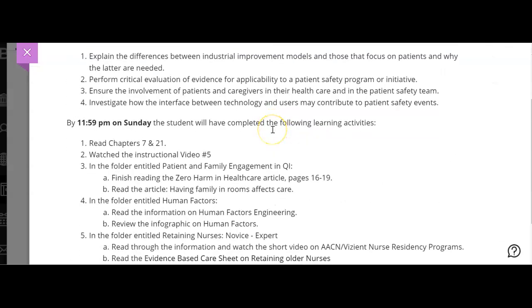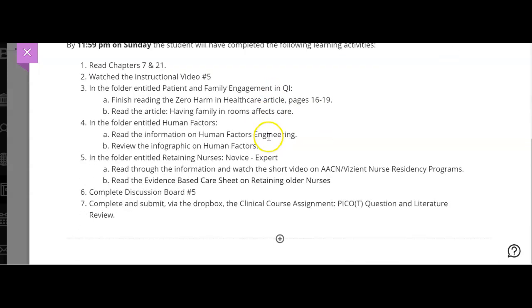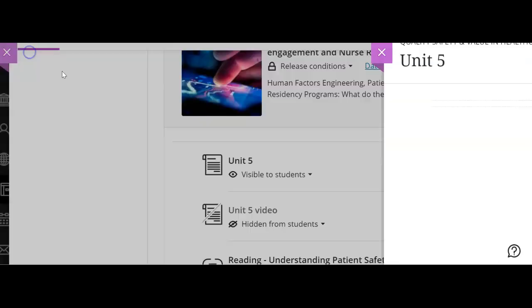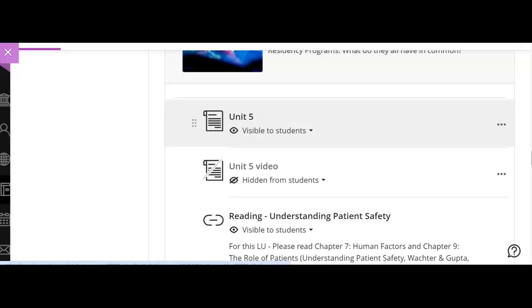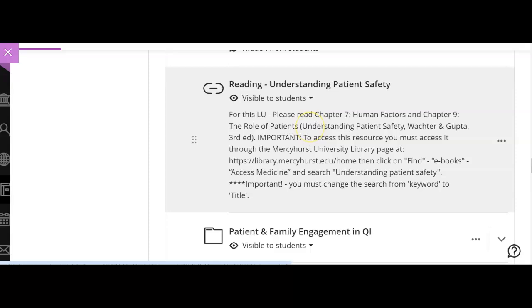So we're going to have a couple of assignments, of course. Let's close out of here and let's look at them individually. You're watching this video right now. The readings are, I believe in the syllabus, I might have had one additional chapter, but you're going to be reading Chapter 7, Human Factors, and I just made a mistake here. It's Chapter 21. I will correct that for you, so when you're looking at it, it will say Chapter 21,